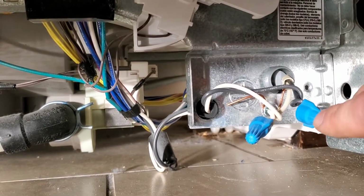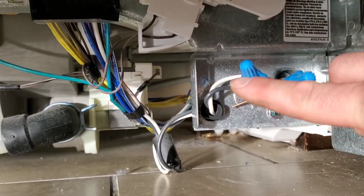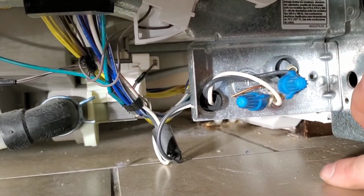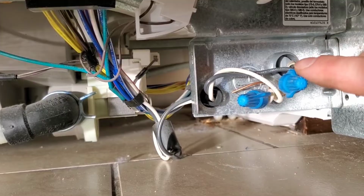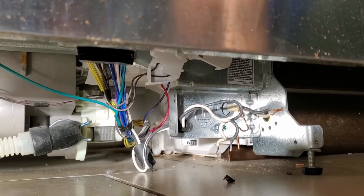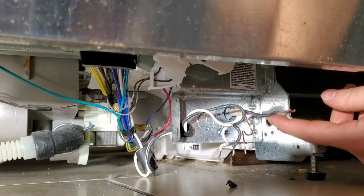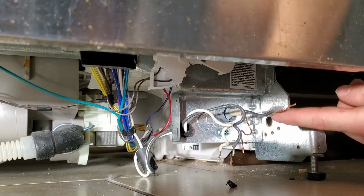So we have our wires. The black is hot, the white is neutral, and the bare wire is ground. When disconnecting, do the hot first, the neutral second, and then the ground last. With the ratchet removed, the wire's not going to be able to pull out because in the middle of the